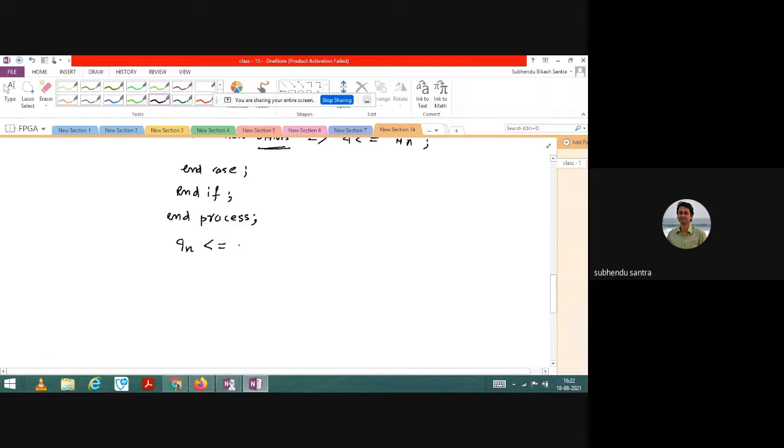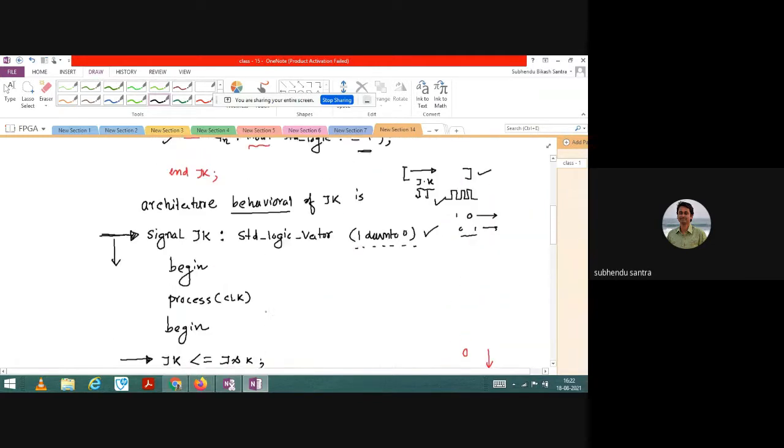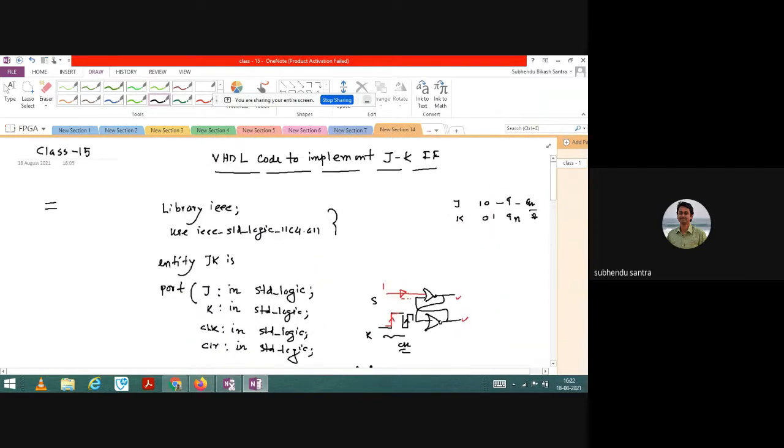Definitely Qn equal to not of Q. Because in a JK flip-flop, if it is Q, definitely it is Qn bar. So that can be written here after ending the process. Okay, and then end behavioral. So this program will ultimately you can implement. You can see the JK flip-flop will work.